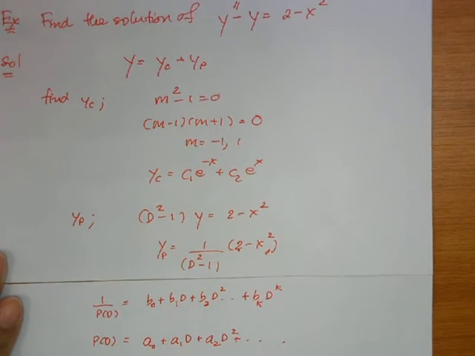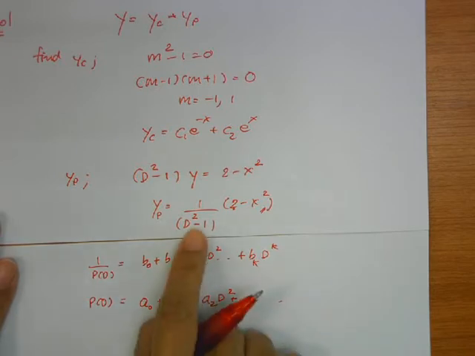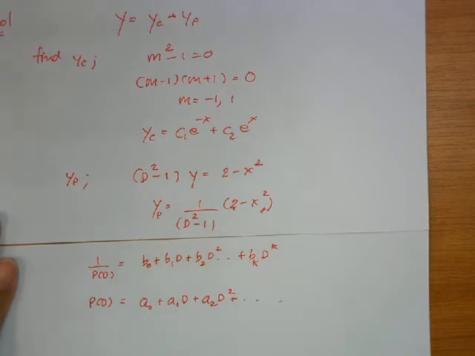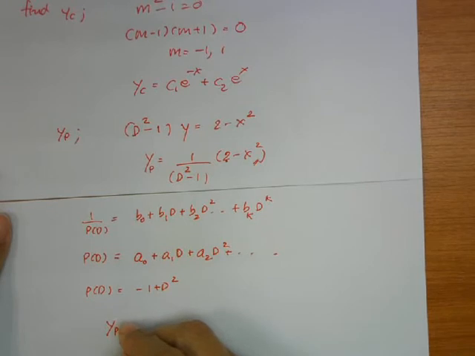You got to write it in such a way that your D goes from D to the power of 0 to D squared and so on. Now, our PD is D squared minus 1. So in this case, we got to write down our PD like this: minus 1 plus D squared. Okay, so that means if we rewrite it, we would get